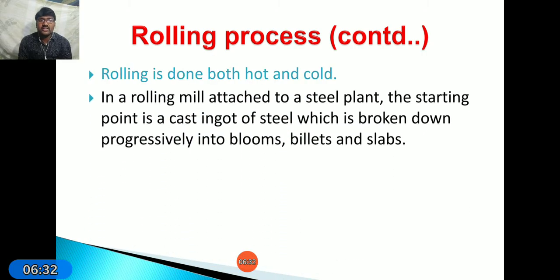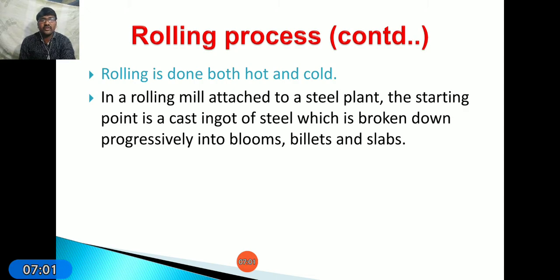Okay, next, in a rolling mill attached to a steel plant, the starting point is a cast ingot of steel, which is broken down progressively into blooms, billets, and slabs. Actually, the workpieces for the rolling process, or metal forming process, we can say it is a secondary manufacturing process, because here the first